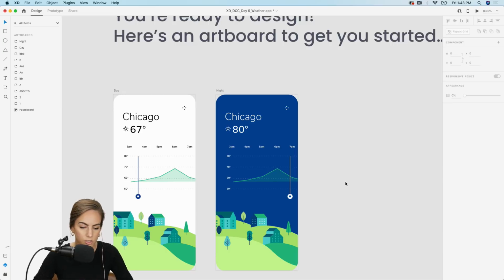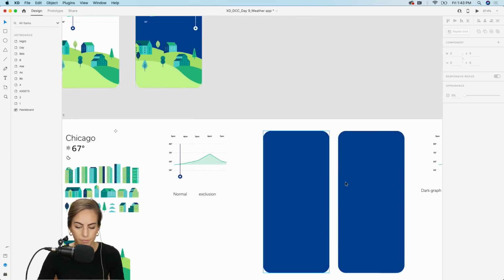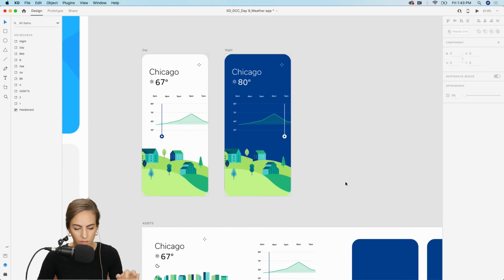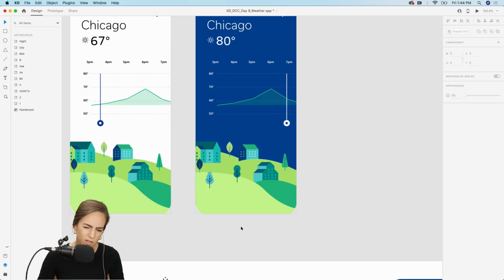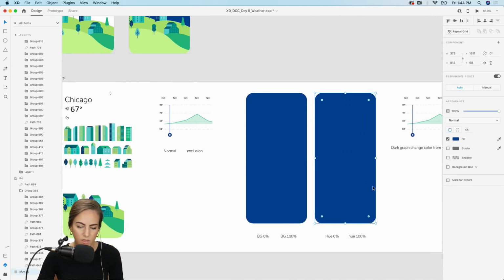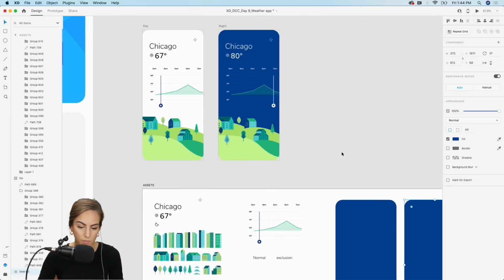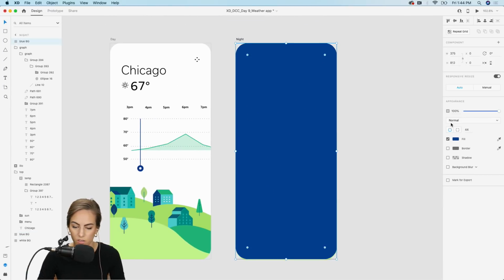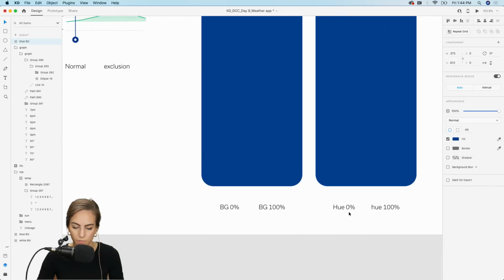And what I want to do is add another layer on top as a blending mode on top of everything, so that it still doesn't look exactly like it would at nighttime. In real life, all of these elements down here would change to different hues as well, since it's dark and we won't have all the saturation. So what I want to do is add a second layer just on top, and this is where we'll add the blending mode. So I'll just go to, let me check my note, hue.